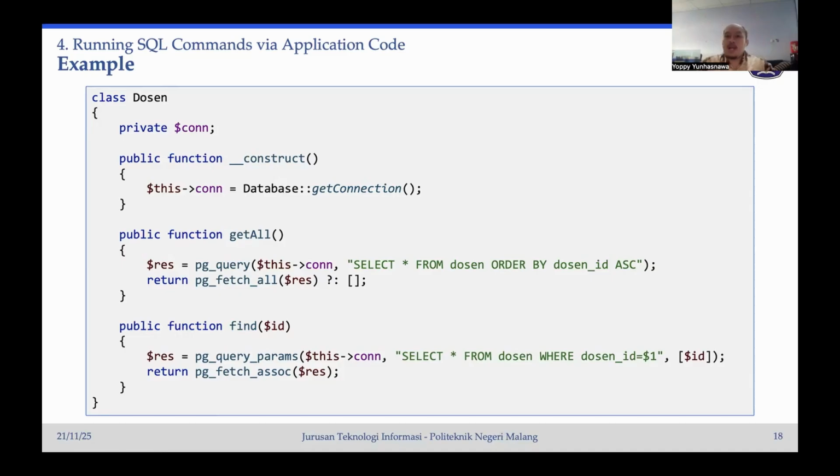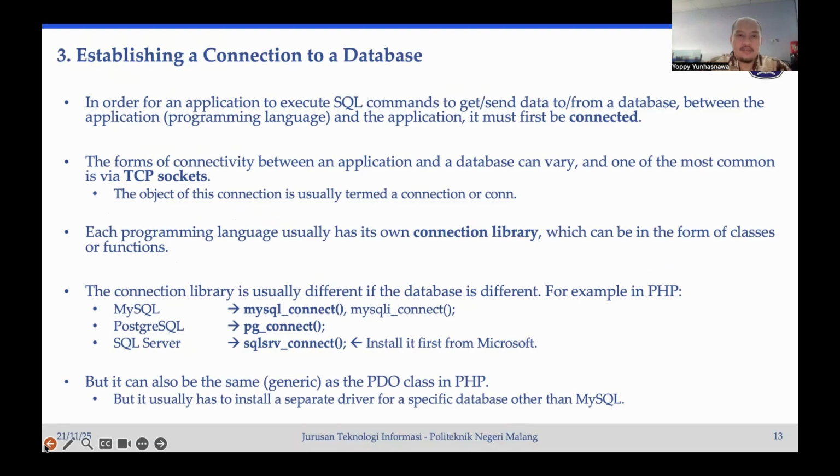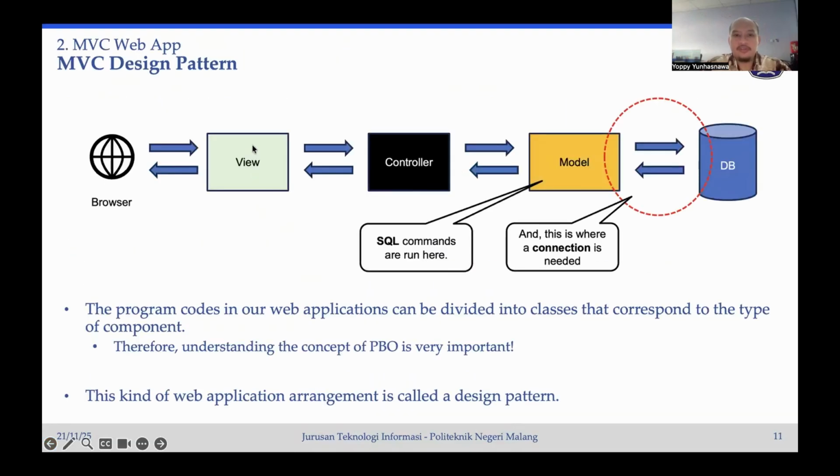I'm not putting any emphasis on other code because this is not a web development course. This course is about databases, so I focus more on the model class. So this is one example of the model class. If you forgot about it, I will remind you again: in MVC, we have view, controller, and model, right? So the connections and then